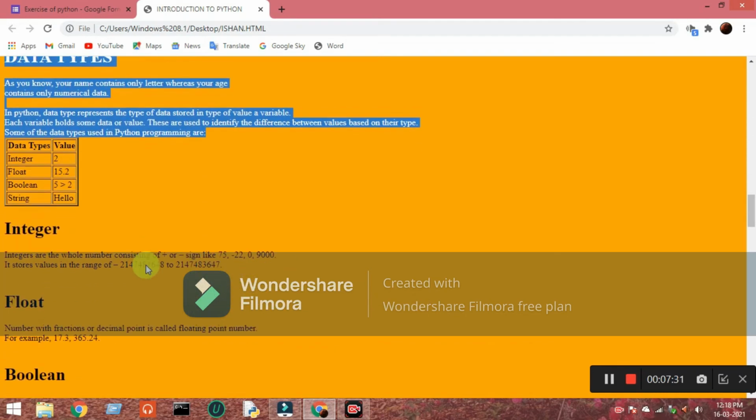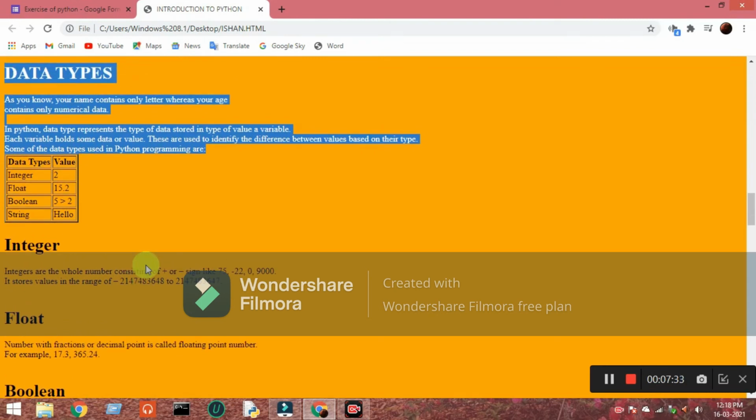Data types. As you know, your name contains only letters whereas your age contains only numerical data. In Python, data type represents the type of data stored in a value or variable. Each variable holds some data or value. These are used to identify the difference between values based on their type. Some of the data types used in Python programming are